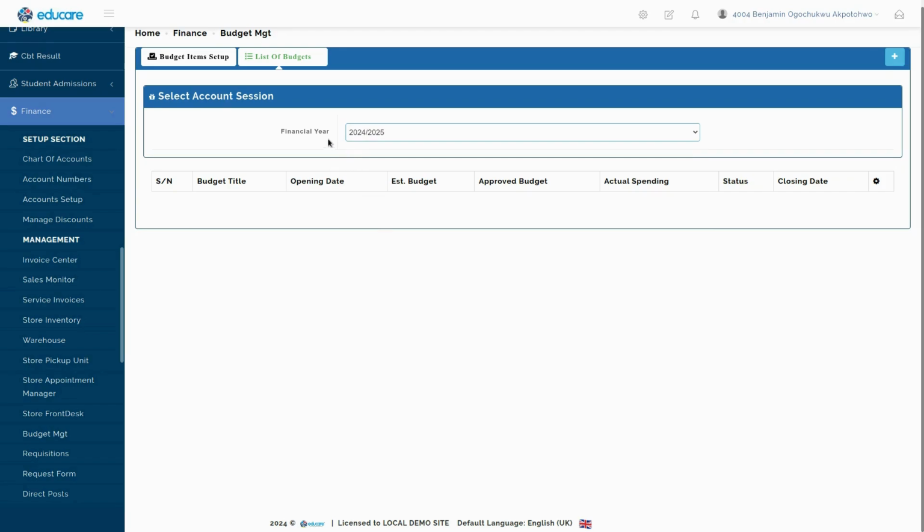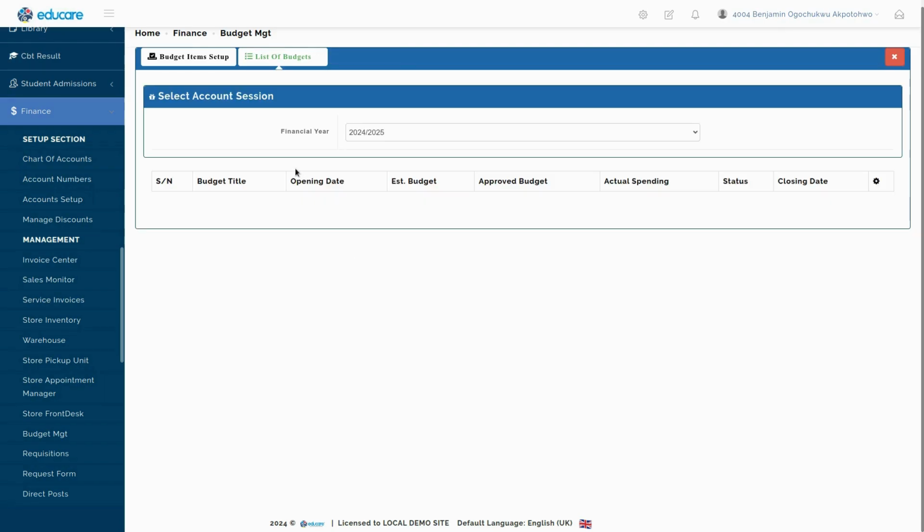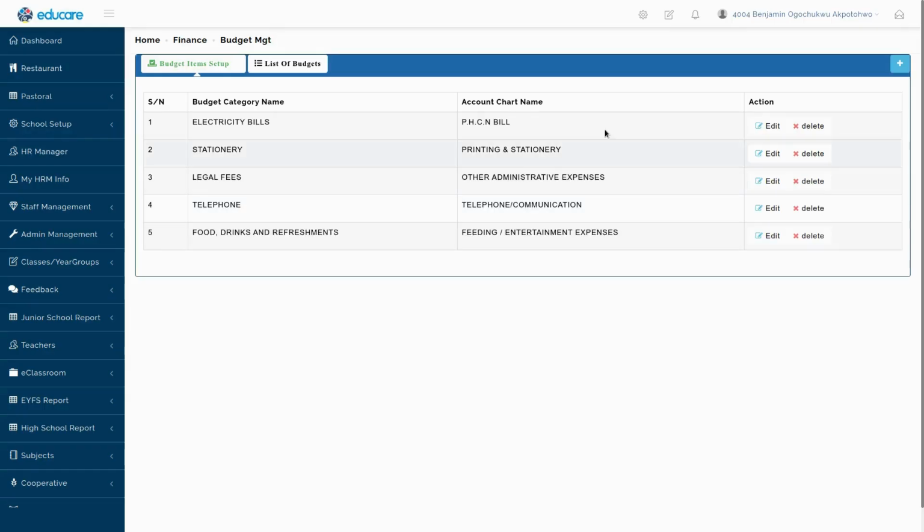2024, 2025 is our current financial year. And then you click on the plus button at the top right again. You will find this very often in most of the financial management peaks. Most of the create buttons are usually on the top right. So here again, we have already opened up our list of budgets. First of all, this is the list of budgets. It's empty right here. Now, for us to create a new one, we just click on the plus button and